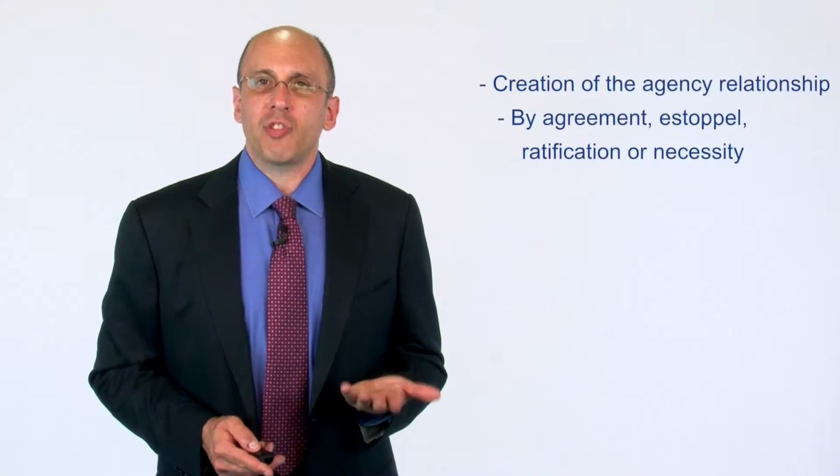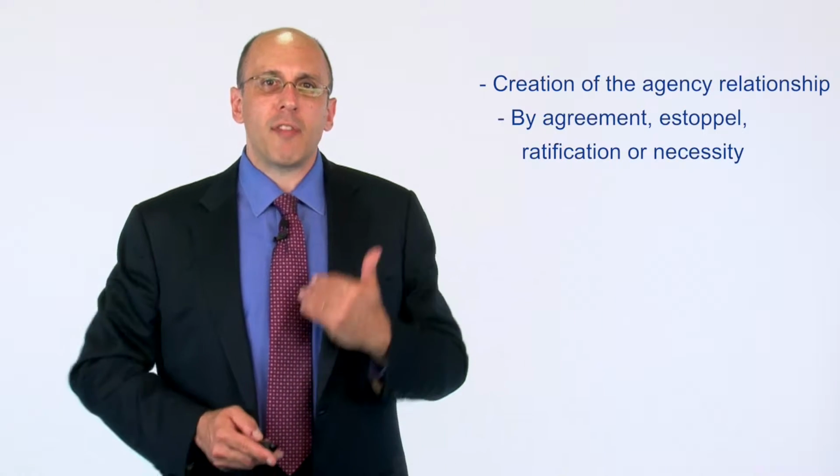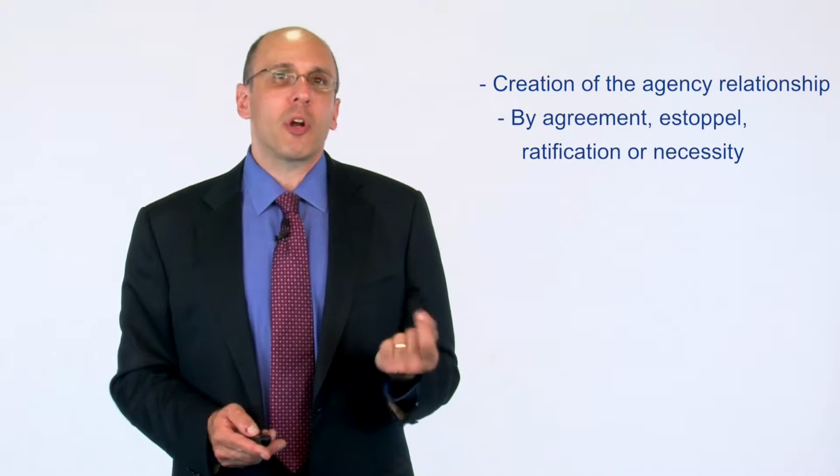So let's start, though, with agency and the way it works when we're just talking about one principal and one agent, so that we understand that. So an agency is a relationship where one person, known as the principal, intends for another person, known as the agent, to act on her behalf. So pretty straightforward.